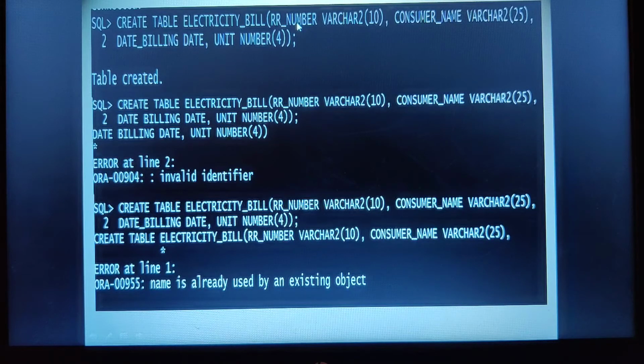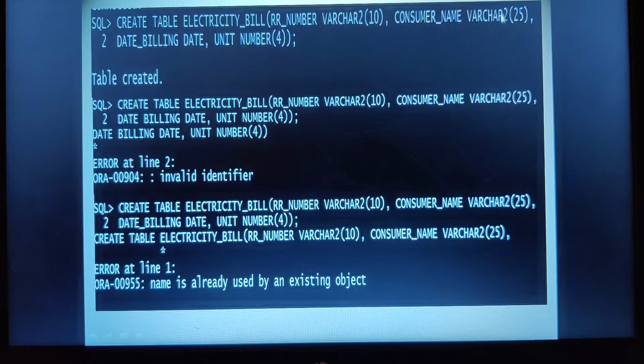Whenever your electricity bill comes, you can see you have a unique number, right? That's your meter number, that's the RR number, and its data type is given as varchar because it can be a combination of both numbers and alphabets. Then we have the consumer name. Look at the column name: they cannot have two words, that's why they have been joined with an underscore.